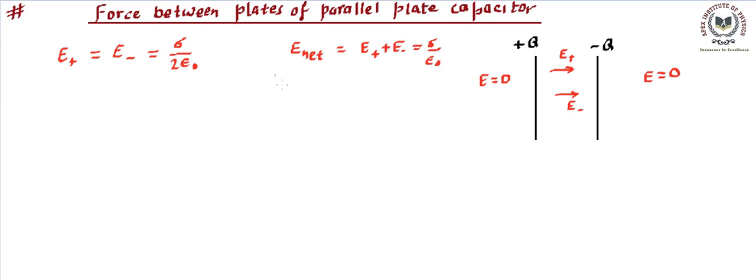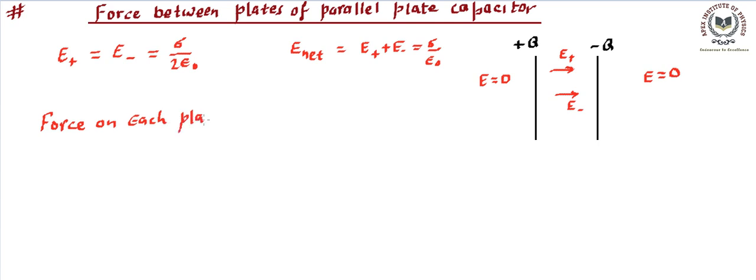So what we can say is, this plus Q charge is placed over here, and because of this plus Q charge there is going to be a field in which this minus Q charge has been placed. Or we can say the plus Q charge has been placed in the field of the minus Q charge. Hence, writing the force, force on each plate